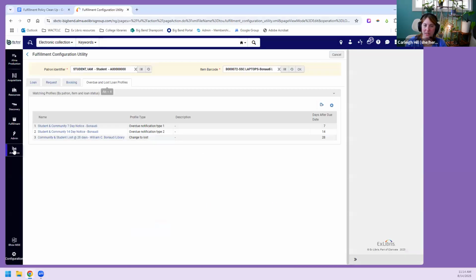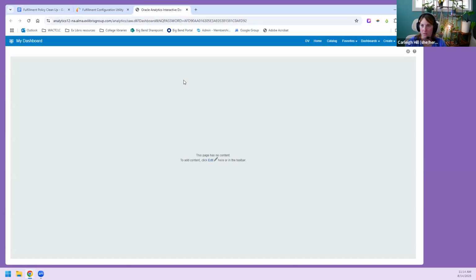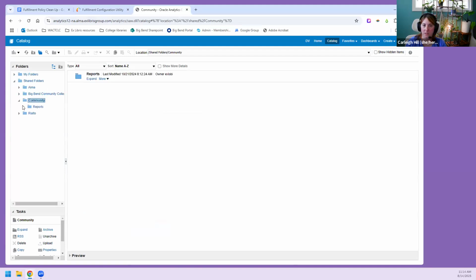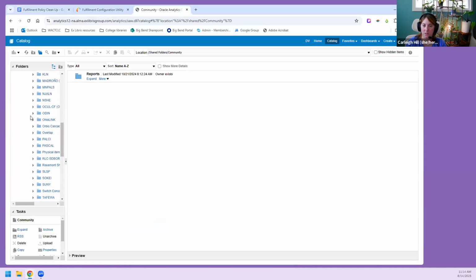So if we go into analytics, access analytics, and catalog, and then we're going to go to shared folders, community, reports, consortia, WACTCLC,